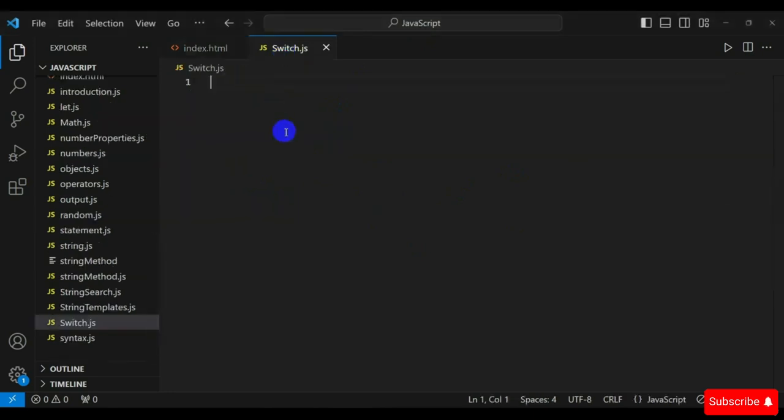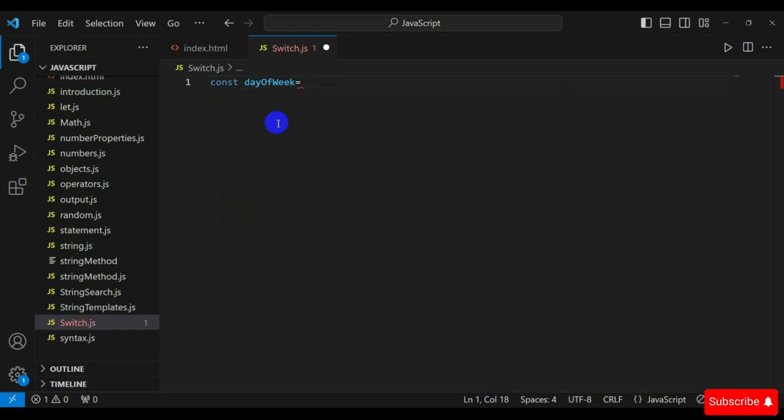Now I create a switch statement for multiple cases. What if we want the same action for multiple cases? That's where fall-through switch statements come in handy. So now let's create multiple cases with fall-through. First I create a constant dayOfWeek, equal to